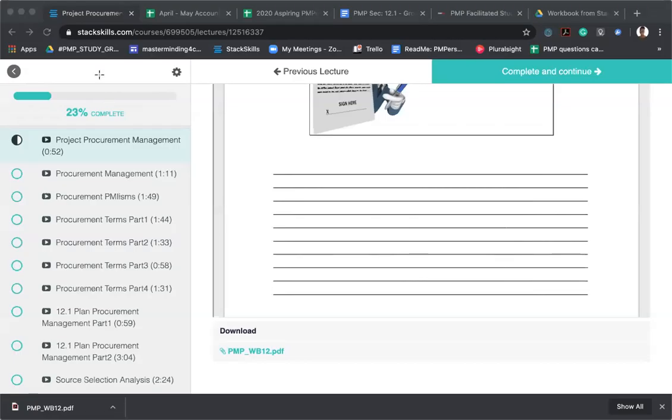Let's go through high-level points of project procurement management. This process is about acquiring the products, services, or results needed from outside the project team to perform the work. And we should always look at it from the buyer's point of view. All product and project management requirements for the procurement work should be specifically stated in the contract.